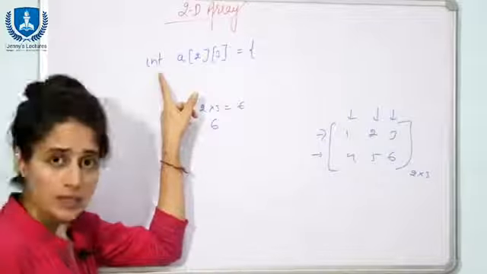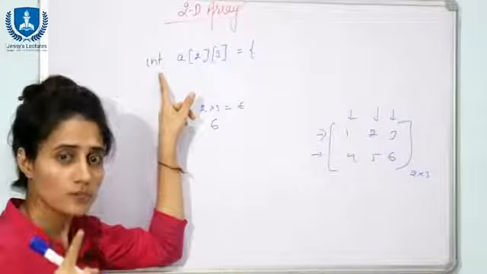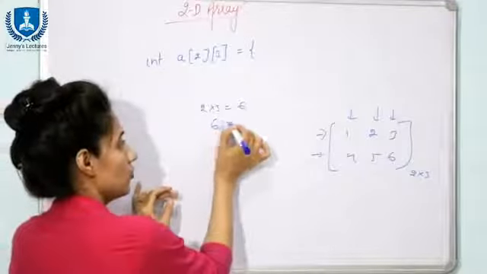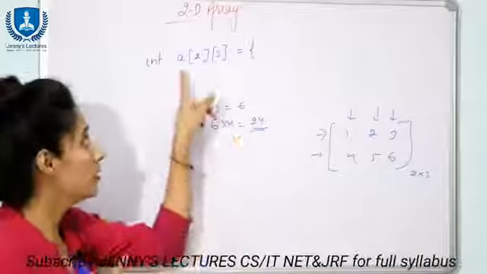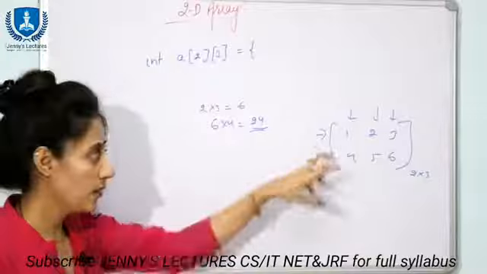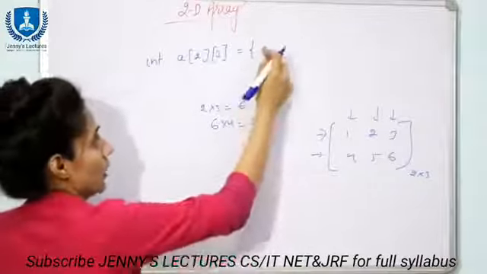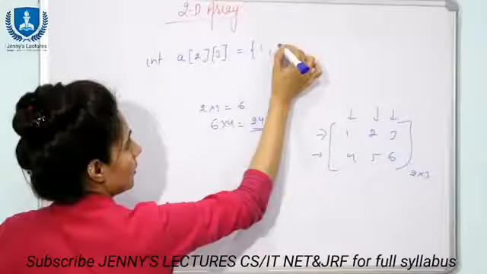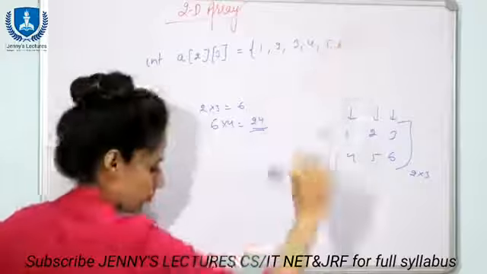Data type is int. Each value is going to take 4 bytes. So 6 into 4, that is 24 bytes. 24 bytes would be allocated to this array. Now how the elements are to be stored in memory, we are going to discuss that also. So here only you are going to give elements. Suppose I am going to give 4, 5 and 6, these only.